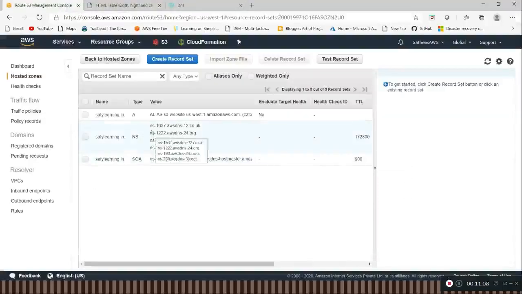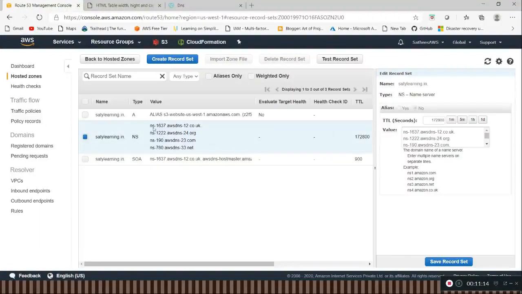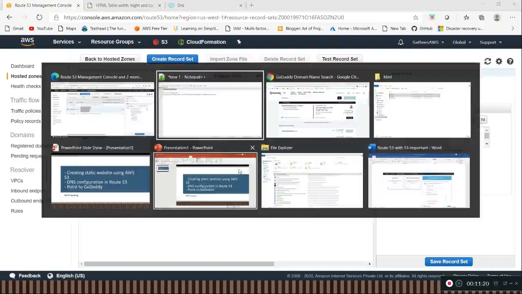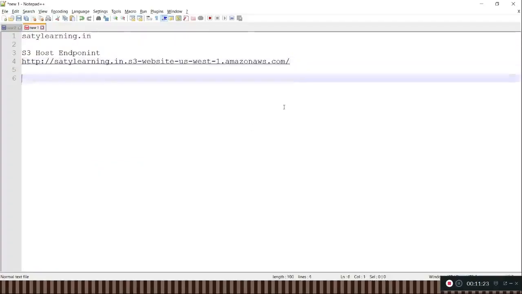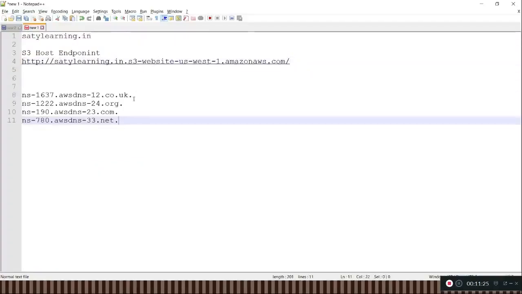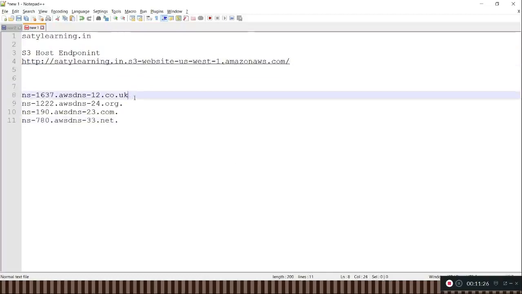So now I am copying this domain address DNS entry which was created in Route 53, and we need to copy and paste it in GoDaddy.